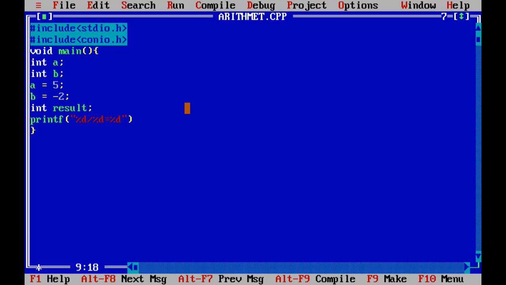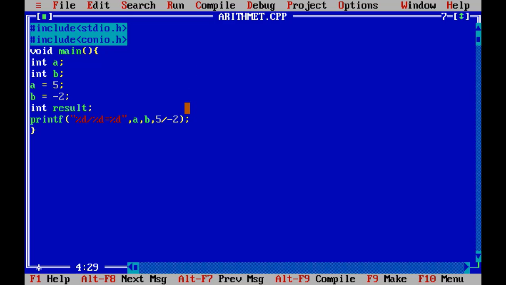Let's see here. First I will take variable a, then I will take variable b, and then we will take result of 5 divided by minus 2. Now end of the statement.